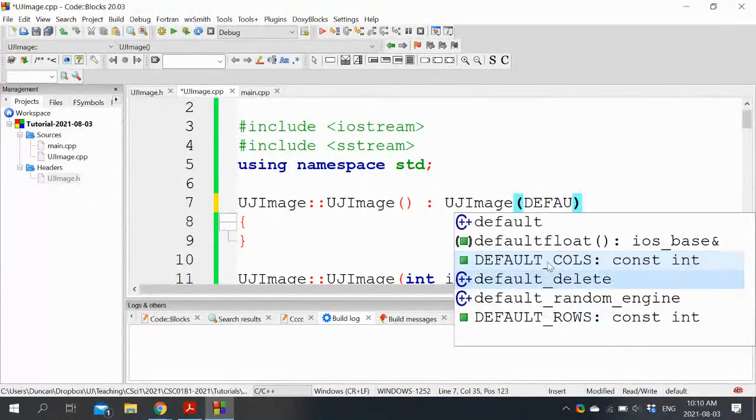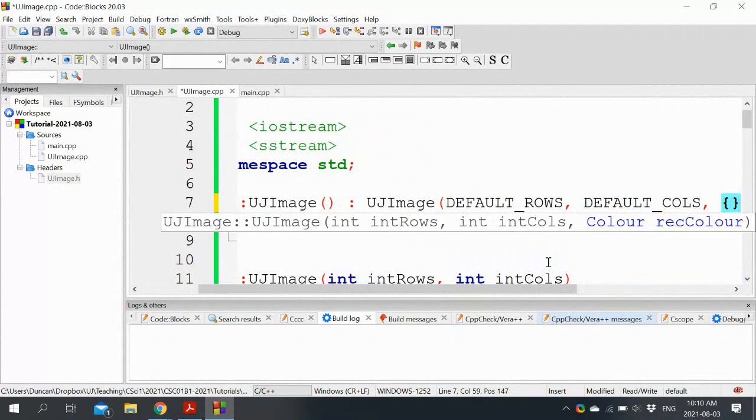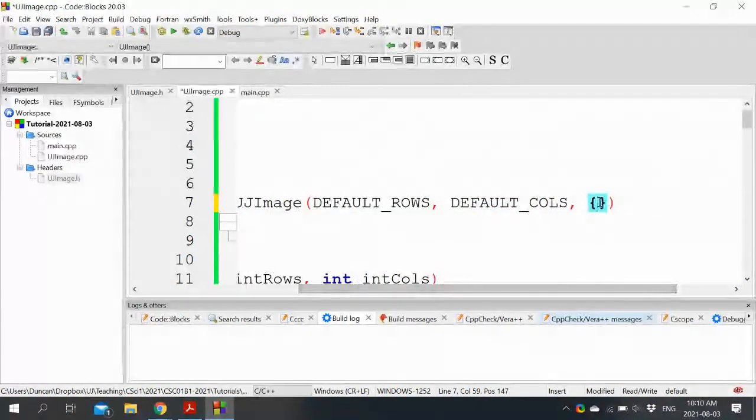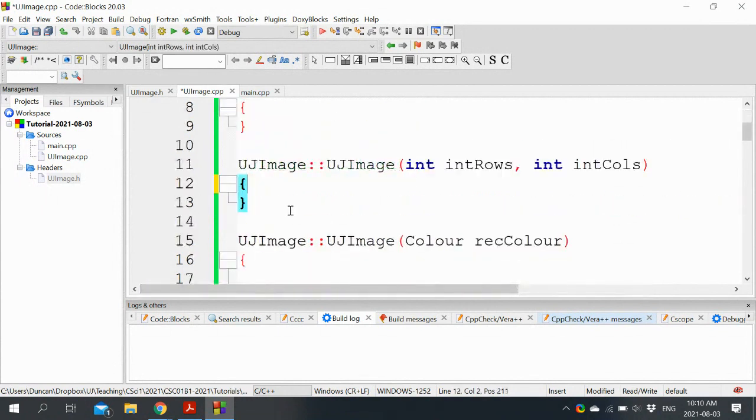Okay. And default color, which I'm just going to use the initializer list for structures here, and I'll set the default to a white image. I did white last time. Let's do a black image. It's also easier to see when we test it. So 0, 0, 0. So that's all the work done there.